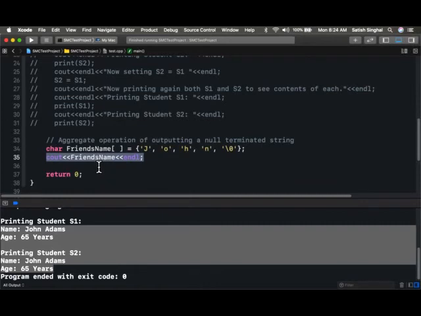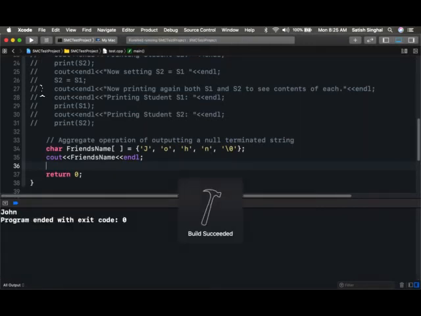And notice that if you did that for any other array, int, double, float, or string array, you would get a compile error because the aggregate operation of outputting an array is not allowed. You know that very well by now. But let's see in this case what happens. We compile it, and lo and behold, it prints John. See, John. So what that means is that the only exception allowed for aggregate operation on an array is just for the character array,